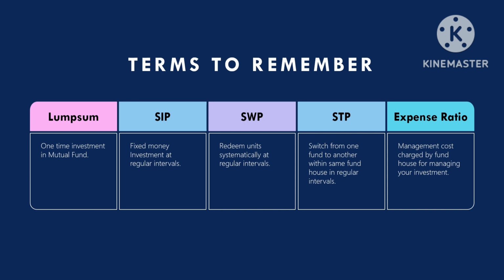Now, expense ratio. To understand it better, let us come up with one example. There is a set of 10 people who pool their money, 100 rupees each, with the fund manager. So 10 into 100 is 1000 rupees. The fund manager has invested these 1000 rupees in stocks and it has generated a profit of 100 rupees. Now, what happens with this excess 100 rupees that has been generated as profit?